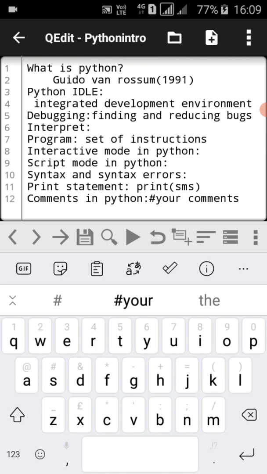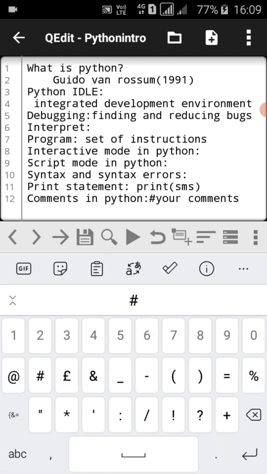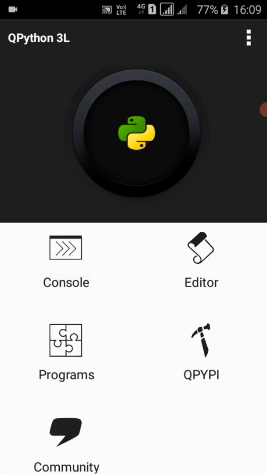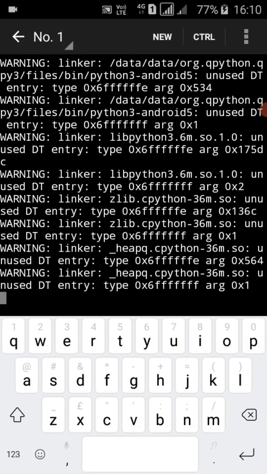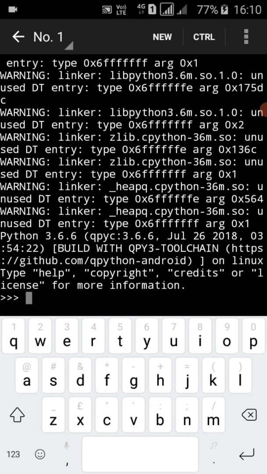that is the triple greater than symbol, like this, in the console. This is a primary prompt indicating that the interpreter is expecting a Python command.